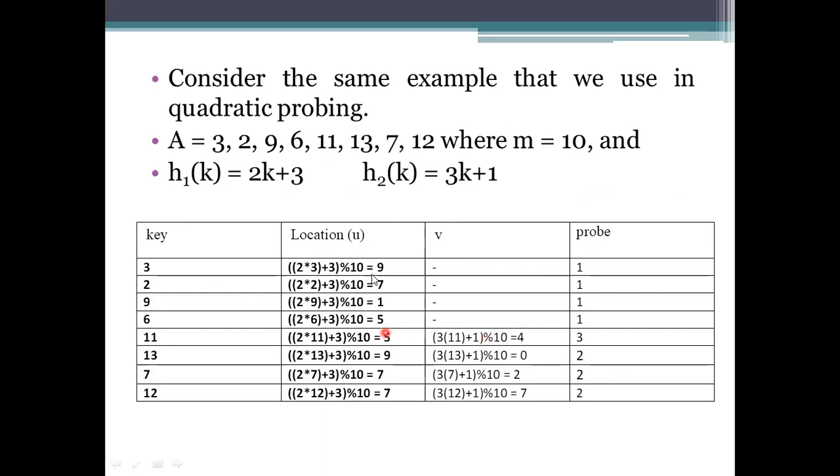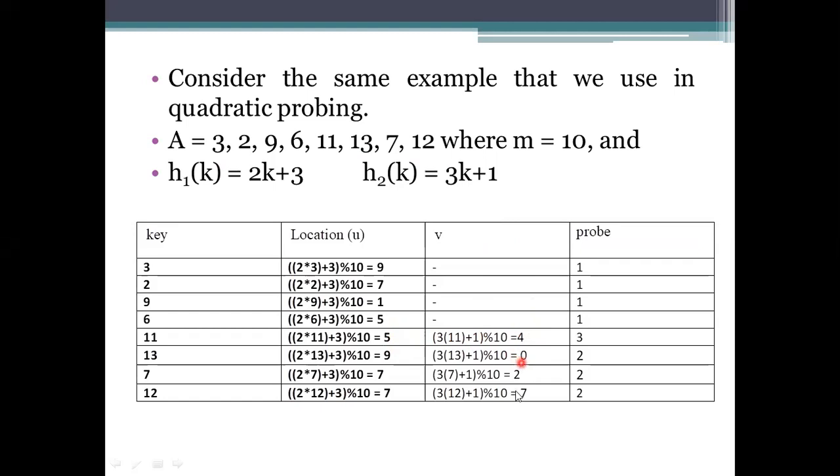So in this processing, we need to take the values to be processed. The 9715 will be the same answer, because we are taking the k value, and one hash function is 2k plus 3 only. The other hash function here is 3k plus 1. Now see, if it fails at this position, we have the same index value which is being used by the 6. It allows us to take another value by calculating with the other hash function.